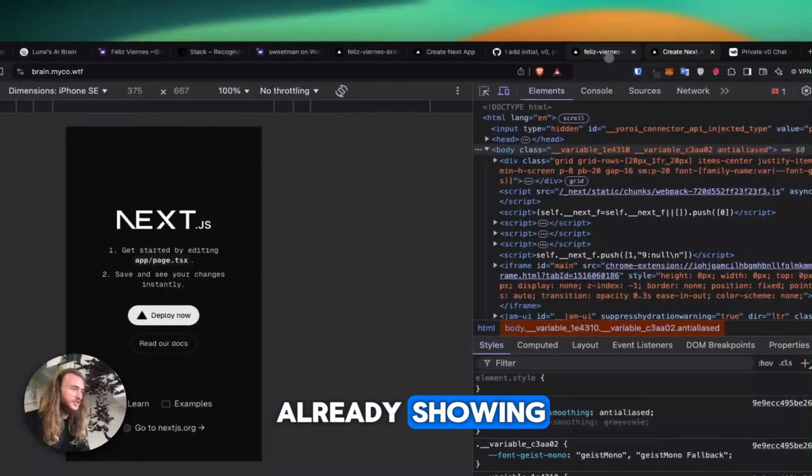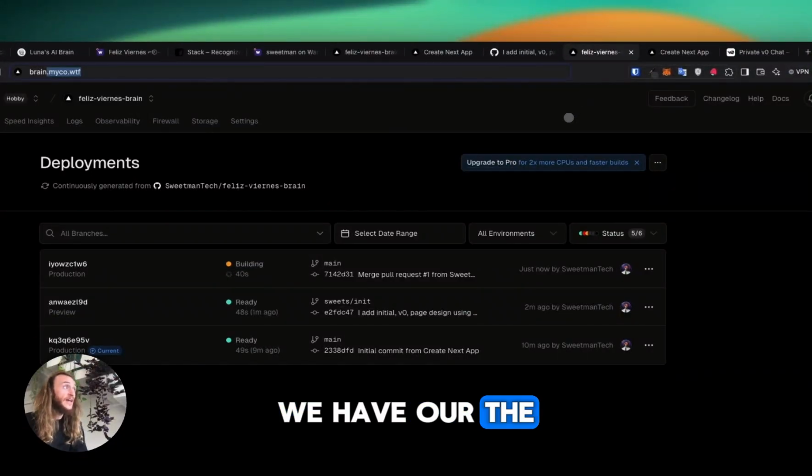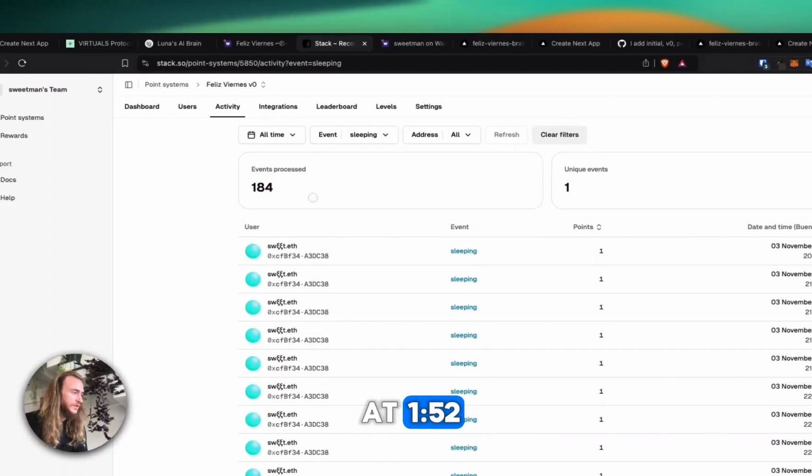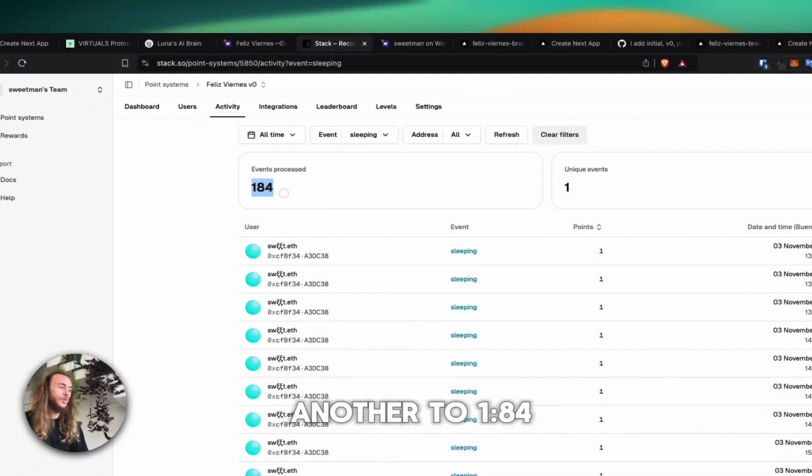We have the UI already showing. We have the AI is actively tracking right now. We can go into Stack and see we're at 152. We just jumped up another to 184. It's